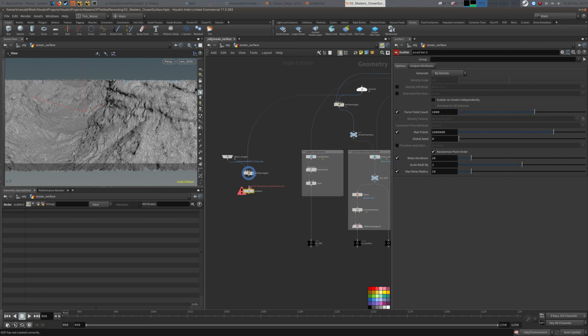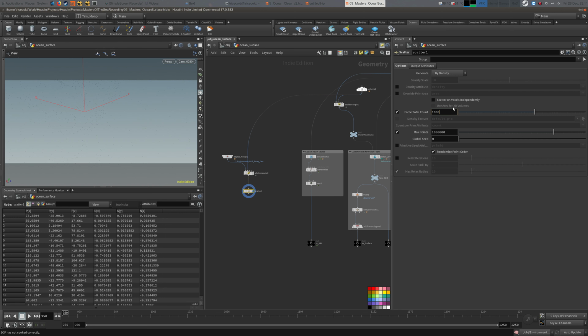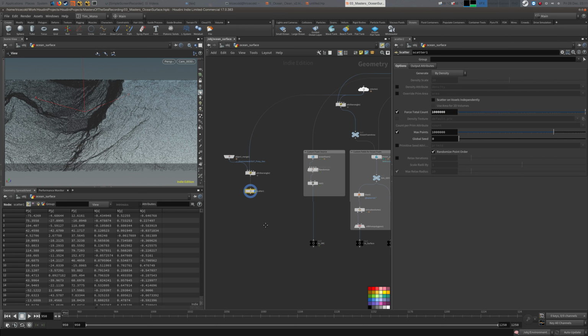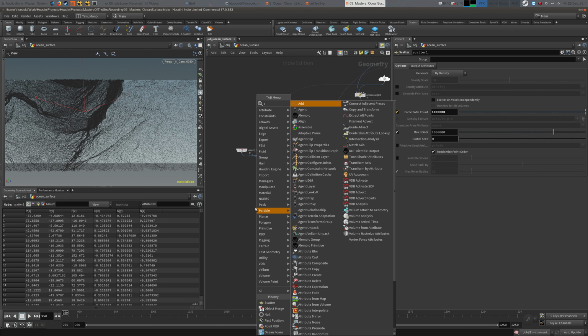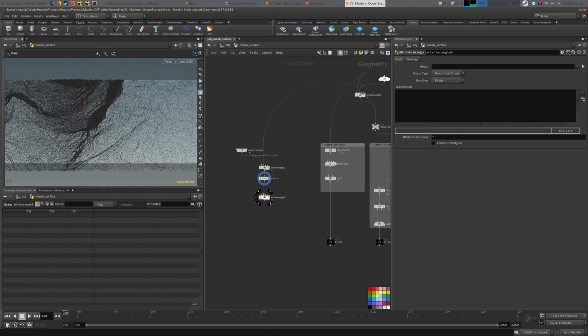density. Remove relaxed iterations. I don't find this very useful for our purpose. So maybe we can go 1,000,000. Okay. And now I'm going to create an attribute wrangle under this guy. And I'm going to say